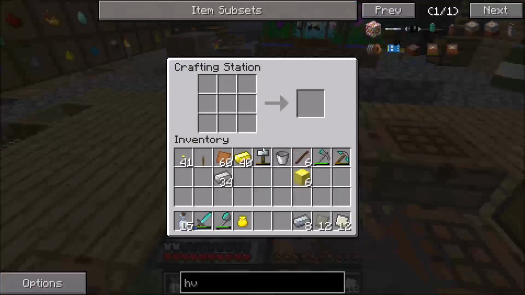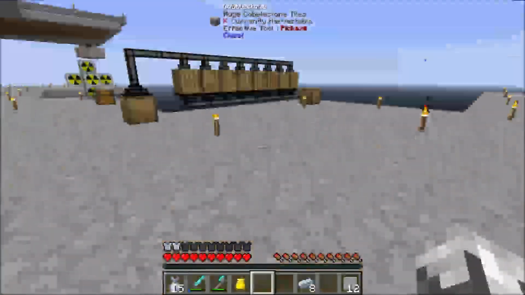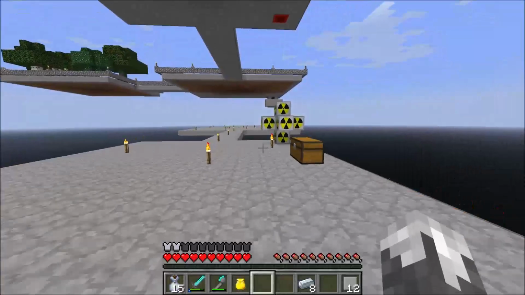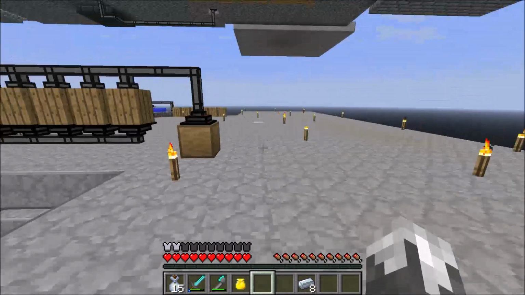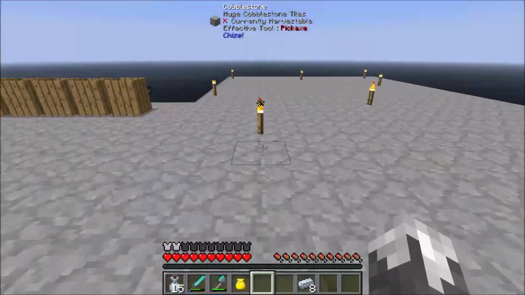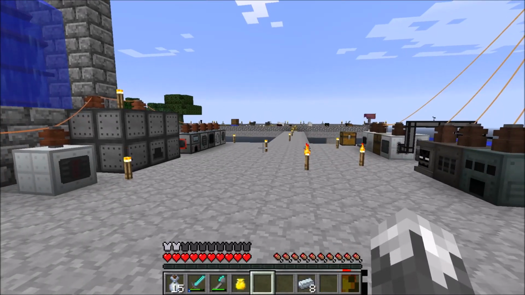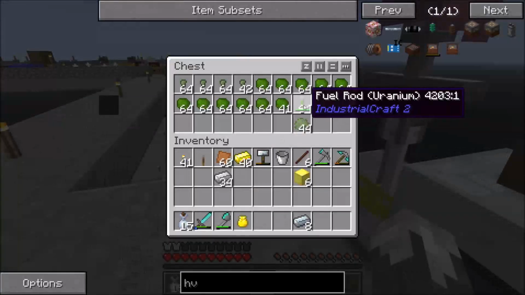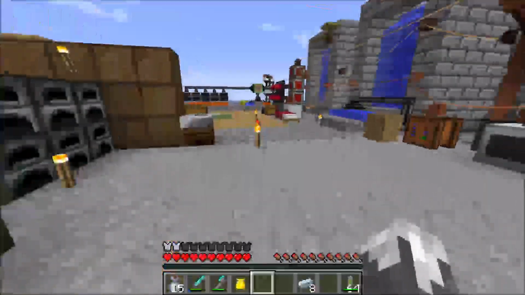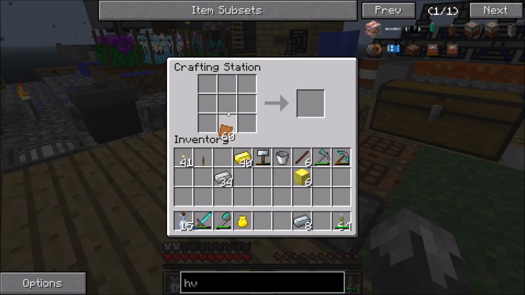Alright, we are back. I have the last bit of pieces that we need for our reactor. We've got all of that ready to go now. Now our next bit is to get our fuel rods ready. We're going to need 1, 2, 6. I've got those already out here. So for these,